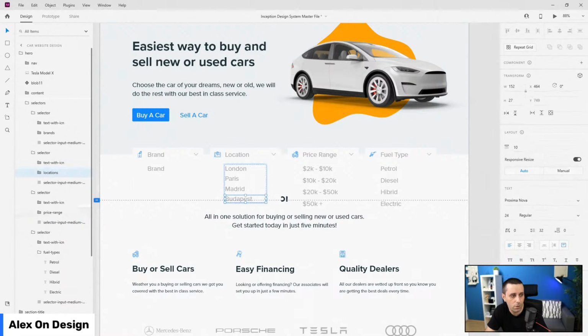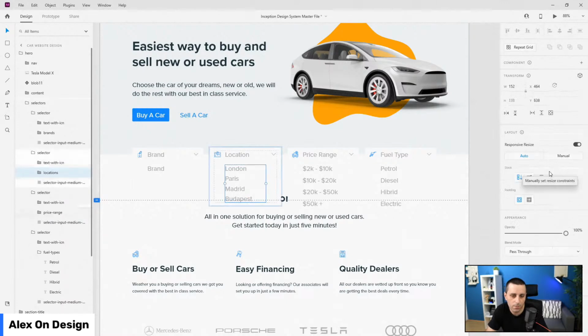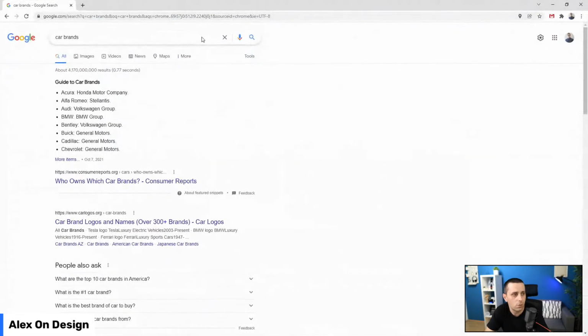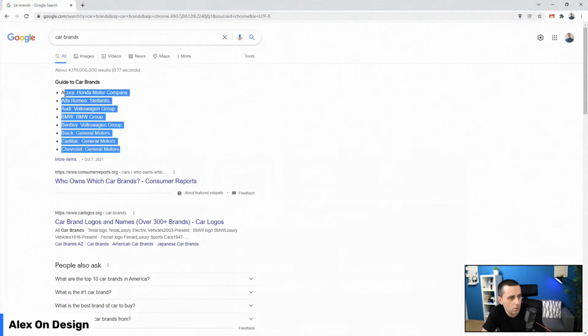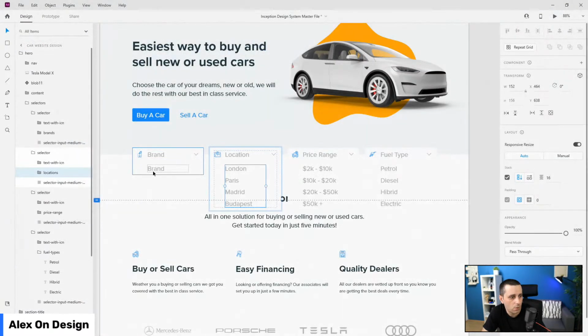Like so. Locations, close them up like so. So let's see, 16, like this. And let's do a fun experiment. So for brands, let's open up this one. So what I can do is basically take up all of these. So let's select them like so. I'm going to close this. So from here,